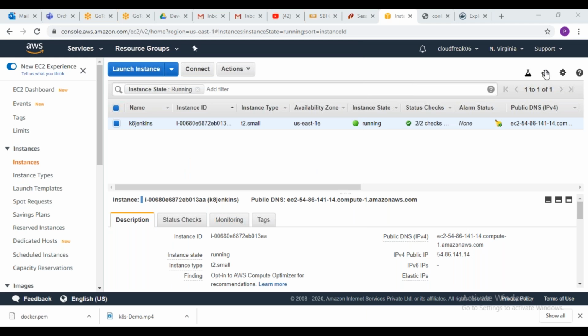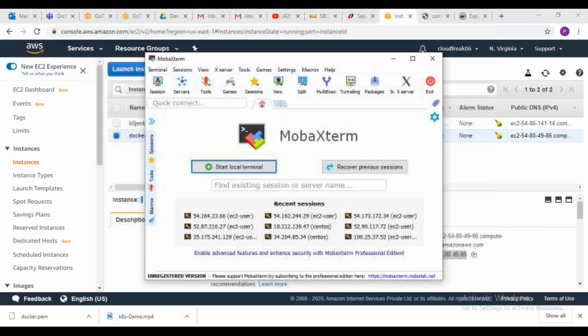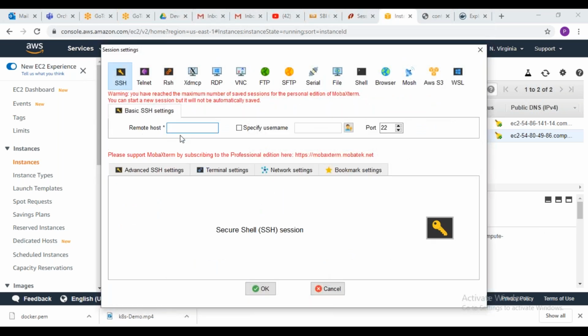Okay, so now I think the machine is up. Just copy the public IP address and start a new SSH session. We are going to establish an SSH connection to the server. By default AWS will give you a user account called ec2-user to connect to the machines.